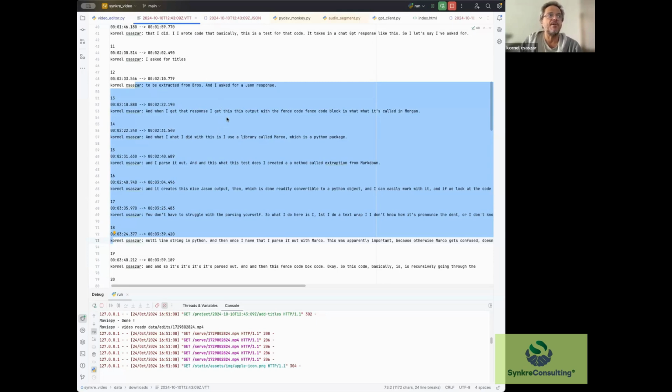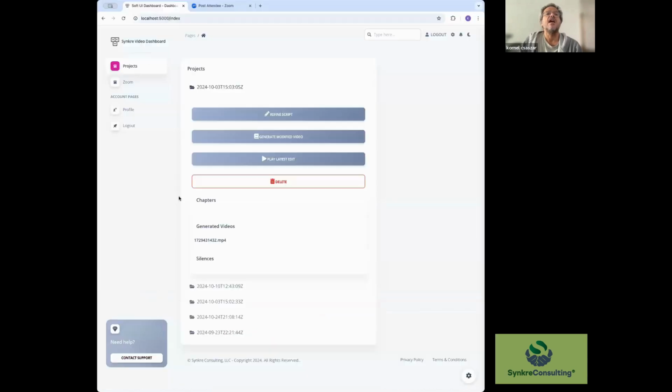So let me just go back to where I was here. So that's Chrome. And these are the options for each of the projects that I created from my Zoom recordings. I can refine the script. The refining of the script will do that kind of editing. So it creates chapters and chapter titles, and it creates a title for the entire thing. And then